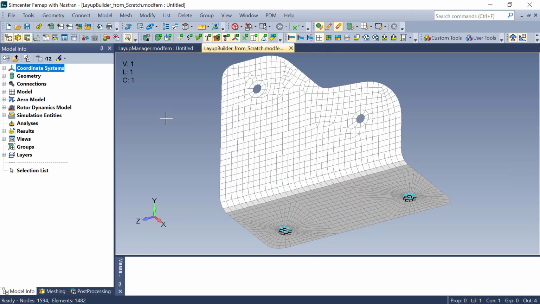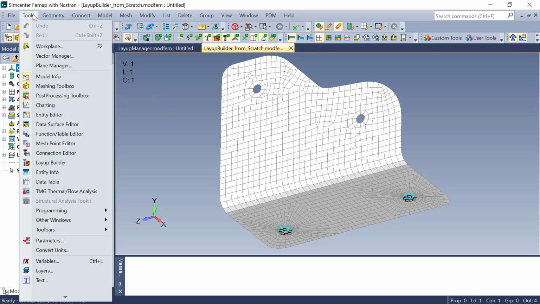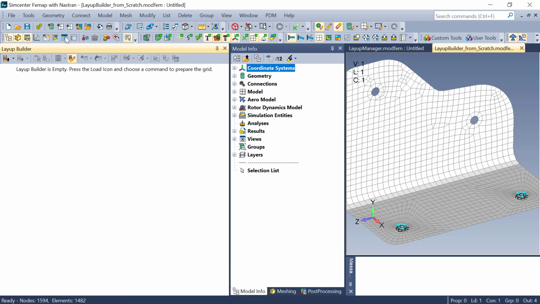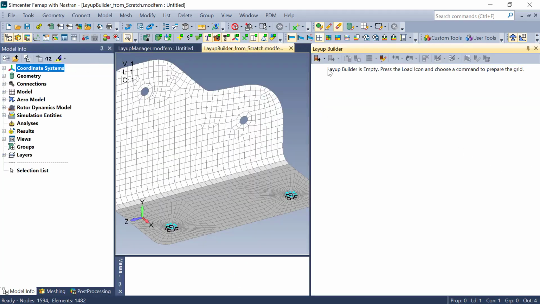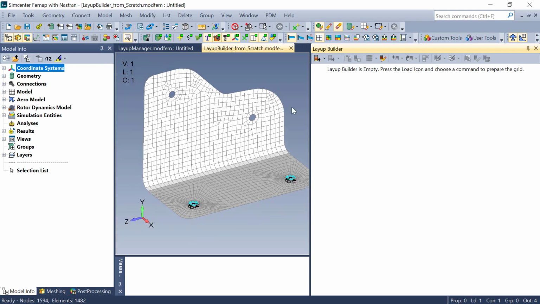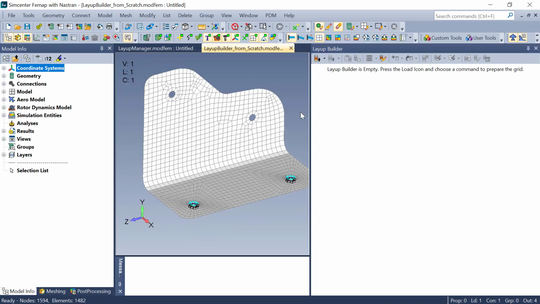So let's see how the new Layout Builder can provide a different approach and potentially more efficient way of creating composite finite element models. As mentioned, this is a dockable pane found under Tools, Layout Builder. For this demo, I'll just dock it over to the right side here, and we can build one from scratch. Like the existing layout manager, the layout builder is constructed from a table,